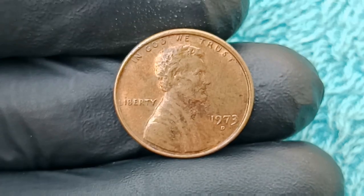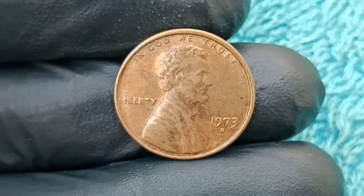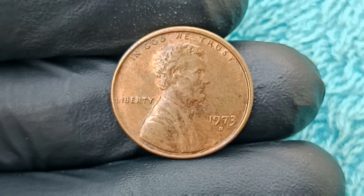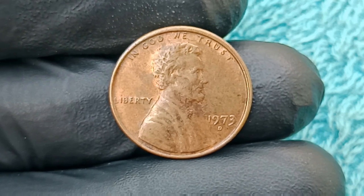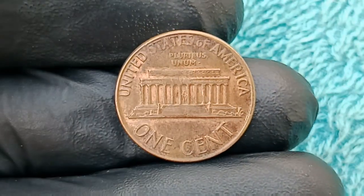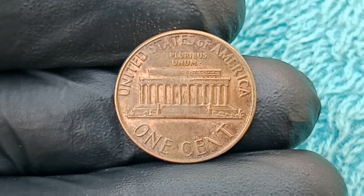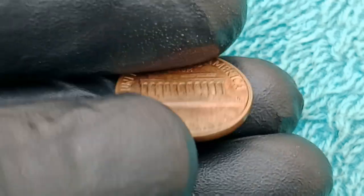And as speculation grew, so did interest from private collectors, museums, and even historical institutions eager to get their hands on what some were calling the Mona Lisa of American coinage, culminating in a high-security auction hosted by an elite numismatic auction house where billionaire collectors from across the globe participated in a closed bid war that eventually drove the final hammer price to $415 million, breaking every coin sale record previously held and instantly launching this small,